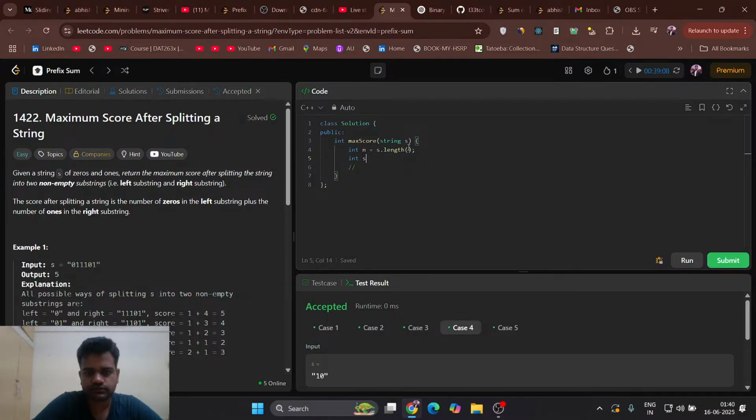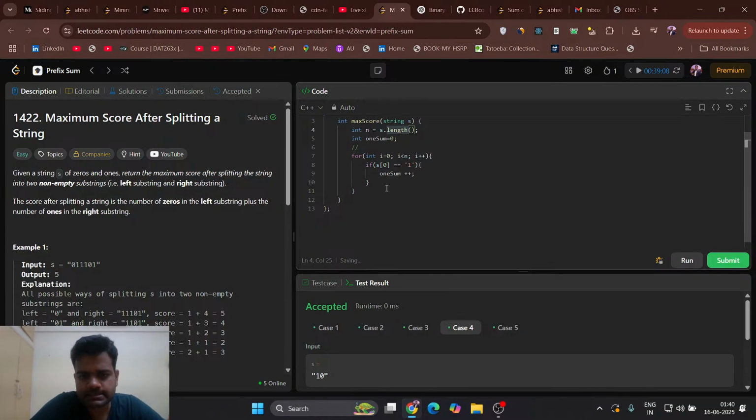So let's define one sum here, and for i equal to 0 to n, if s[i] equal to 1, then I will say one sum plus plus. Then I got the sum of elements, and for now I'll say go from